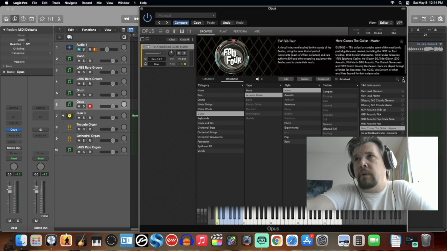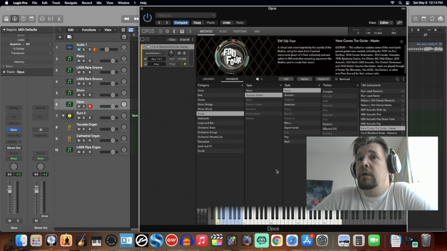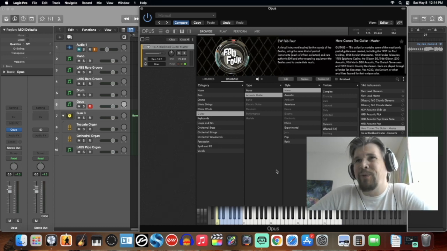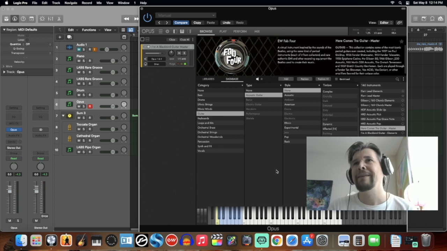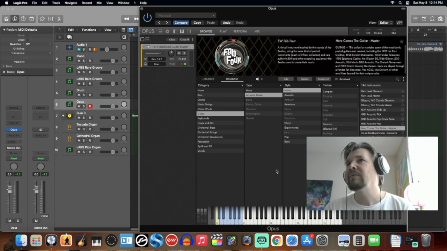Hopefully they're going to make some updates to this Opus engine, and maybe that's one of the updates they can do, because when you're using the EastWest installation tool, where you can install an entire library, that tells you how big the library is before you click download, so that if I don't want to download something that's 80 gigabytes, I won't click on it and start that download. But with this individual instrument,